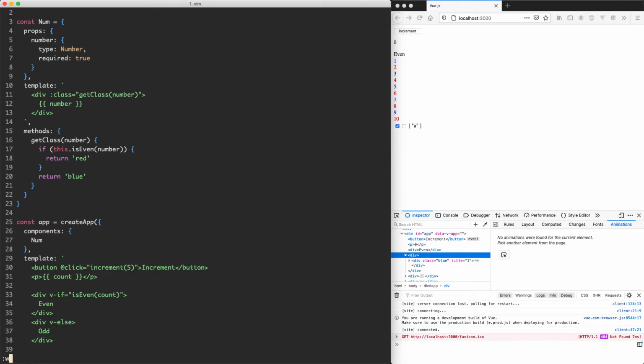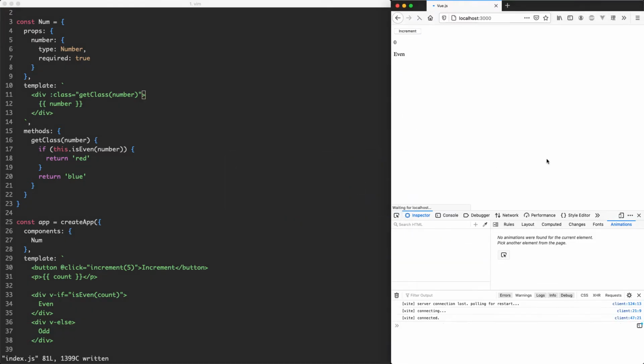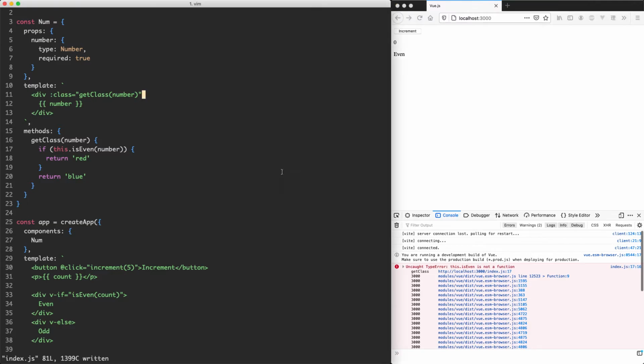If we save this one off, you might expect this to work, but we're going to see there's going to be a problem. Let's go ahead and refresh the browser, and we're getting an error. And the error is the isEven function is not defined. You can see isEven is being called here, but we define that in our parent component, so it's not going to be available. We are going to see a way to recycle functions across all our components, but for now